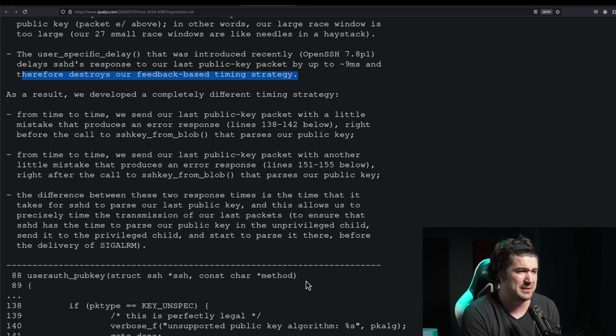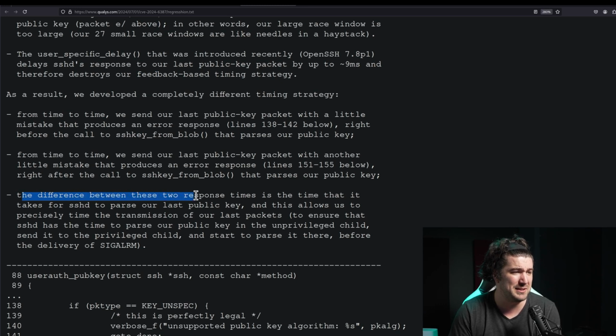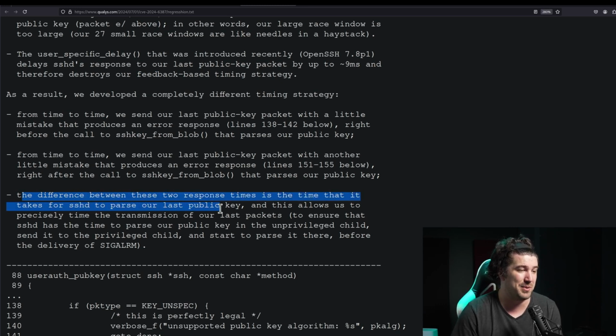From time to time, we send our last public key packet with a little mistake that produces an error response right before the call to sshkey_from_blob that parses our public key. From time to time, we send our last public key packet with another little mistake that produces an error response right after that parses our public key. The difference between these two response times is the time it takes for SSHD to parse our last public key. And this allows us to precisely time the